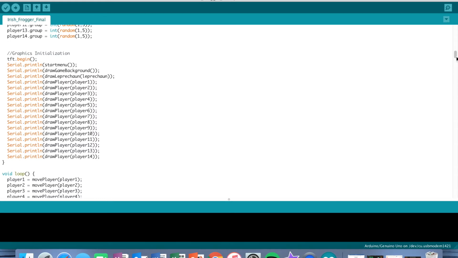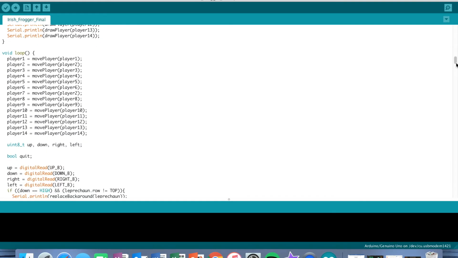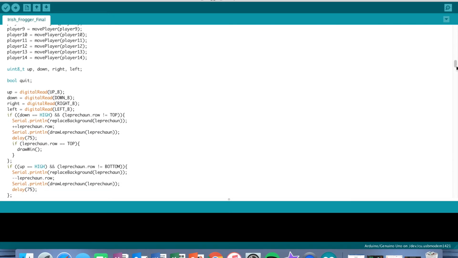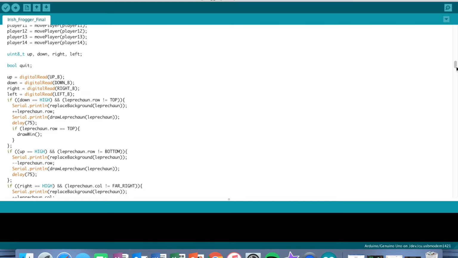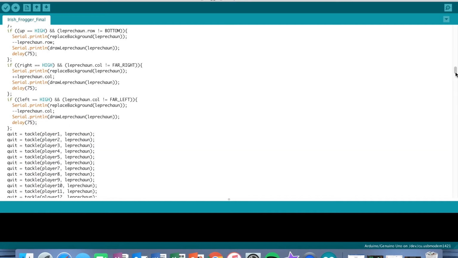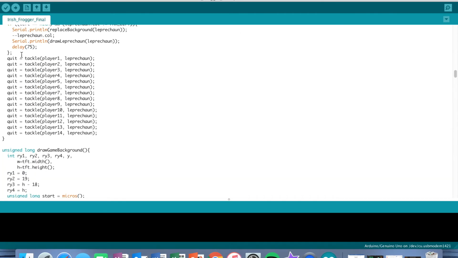Constantly, it's calling the move player function, which advances the players one column over, and it's checking the up, down, right, and left buttons for being pressed. And if it's pressed, it will move the leprechaun accordingly. If you get the leprechaun into the end zone, it will call the draw win function. And if not, and you get tackled before that, this is constantly checking for tackles between any of the 14